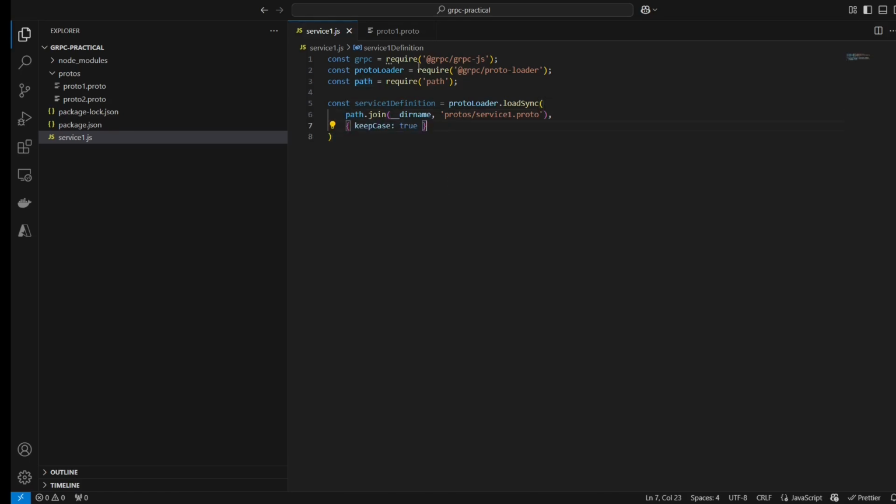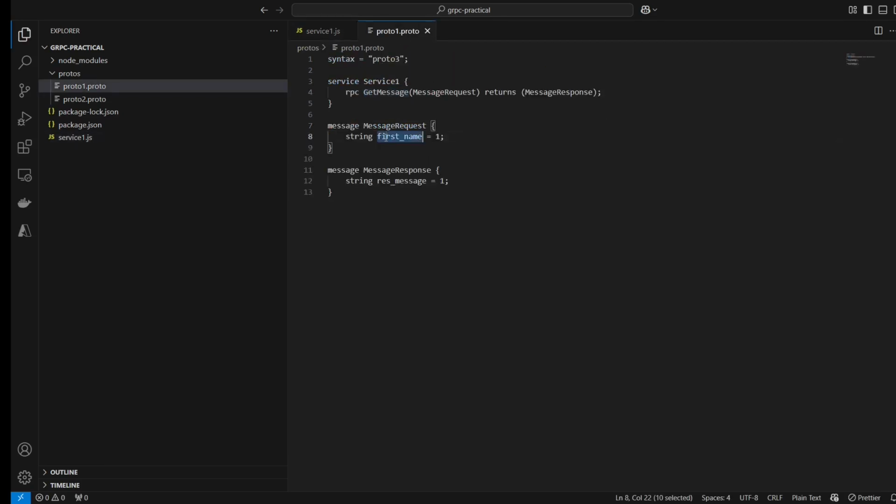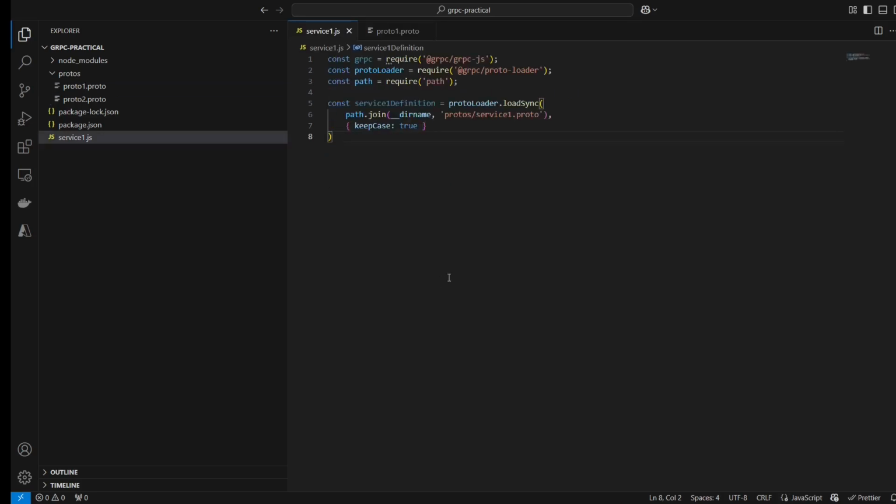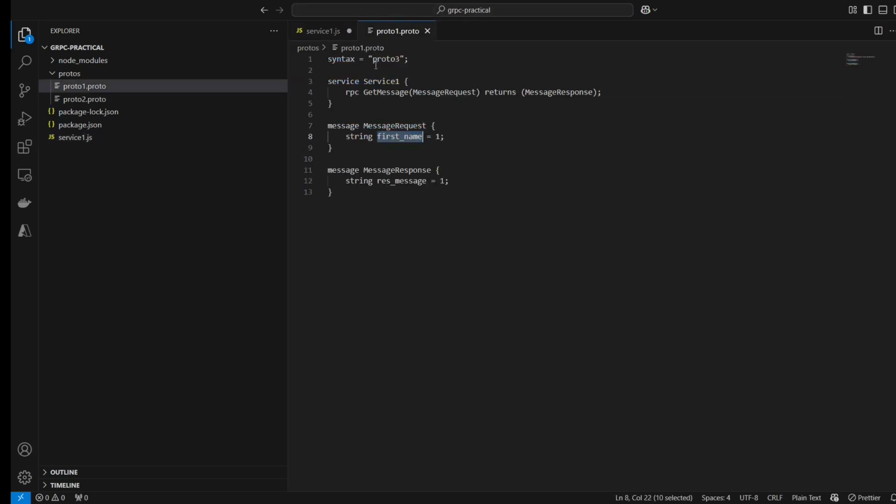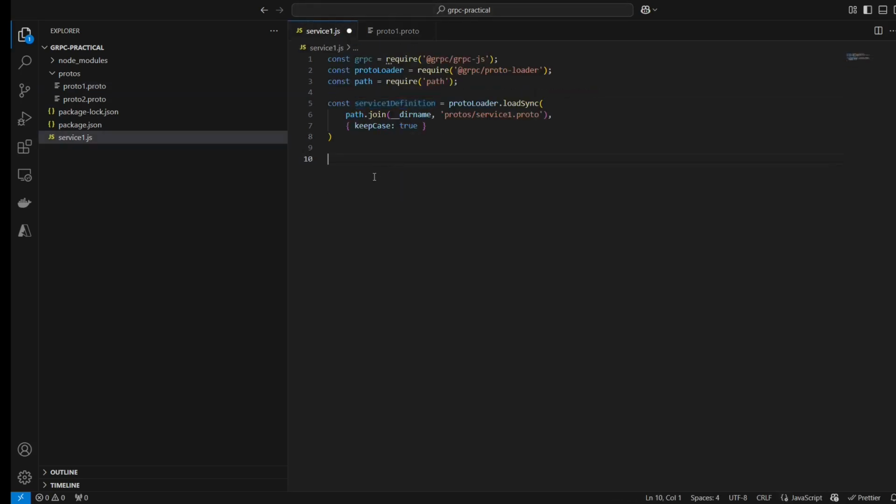So basically by default the field names, like for example first_name, would be converted into camel case when we would be using it here. So in this case if we would be defining the service, and this is the service object, protoLoader.loadSync would be converting this proto file into the JavaScript object.